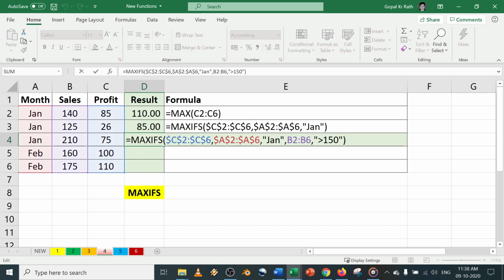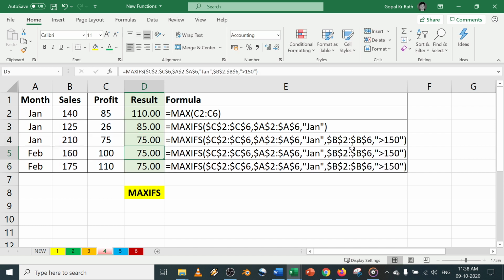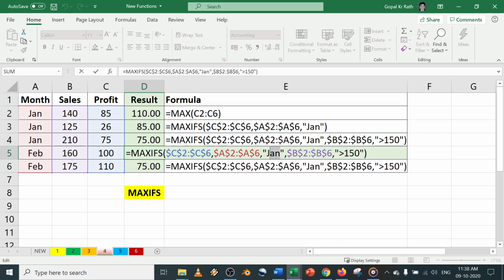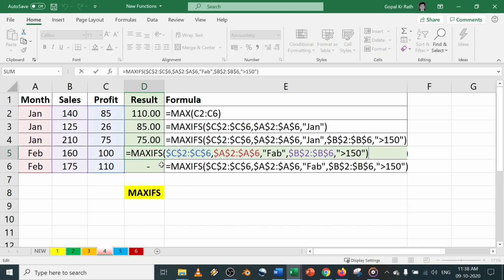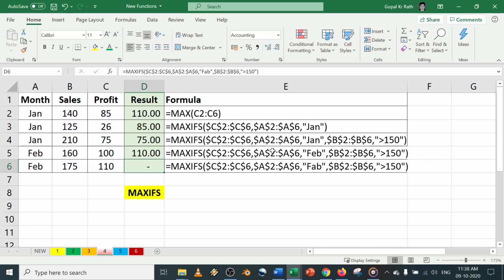Let's freeze this. You can try for February, you can twist this. In the February month, since nothing is greater than 150, let's say for example you have given your condition as February, 110.